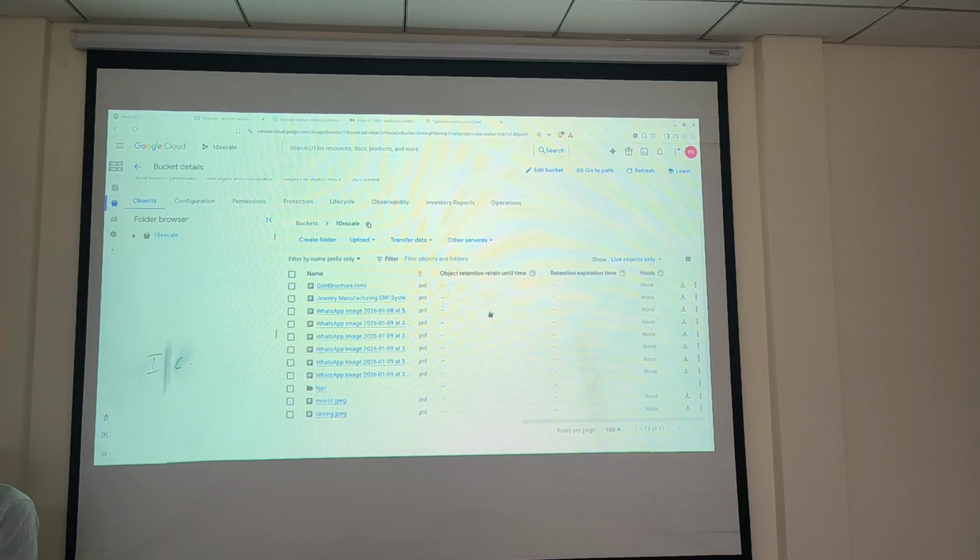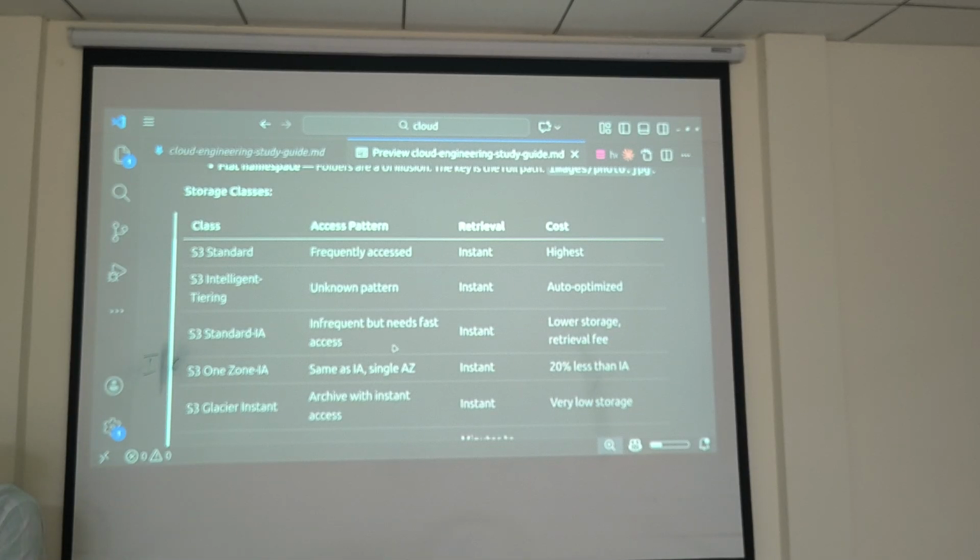Whenever you are creating a new bucket, at that time you have to choose how your bucket is going to be. Is it majorly for read and write purposes, or mainly just to store objects that you will not read frequently, accessing only occasionally? Based on that, the bill will be generated. Whatever you are using, you have to pay the bill. But compared to buying hardware for your local machine, that will be cheaper.